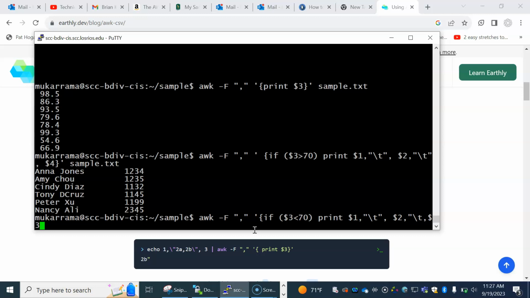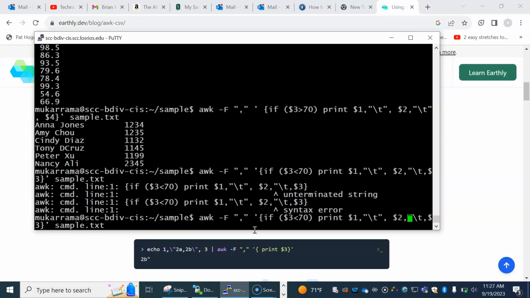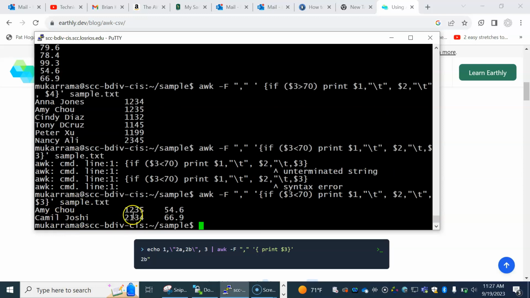$3, and then I'm going to close it, and then I'm going to say sample.txt. All right, I think a quotation mark was missing there. Right here, let me insert that, and hopefully it should work. Now it's given the names of all of those students that have got less than 70%. So this is great because we have so much data on the internet. We can pull it down, and by a simple single line awk command or an awk script, we can process